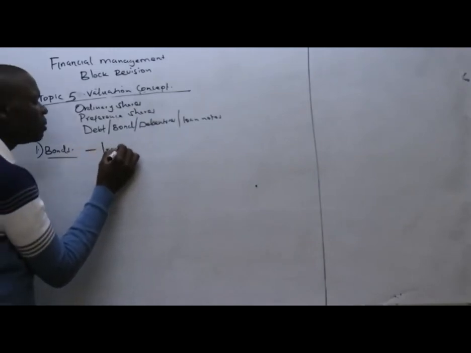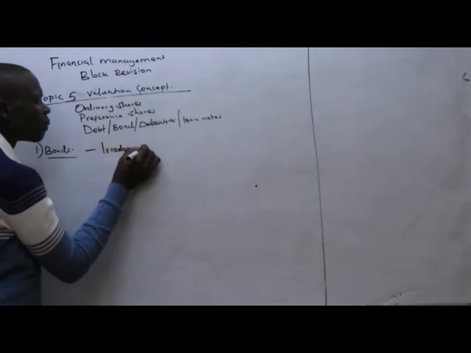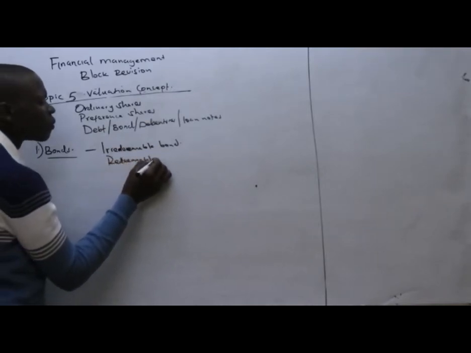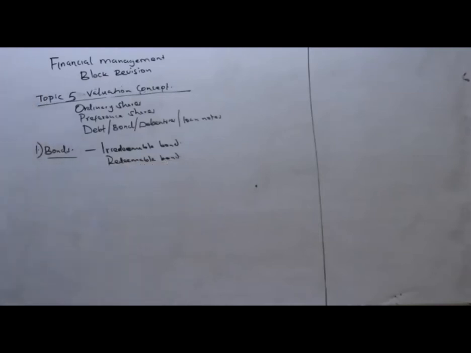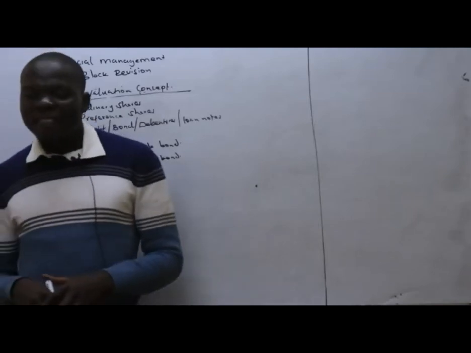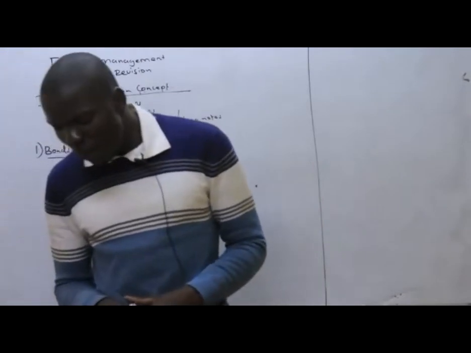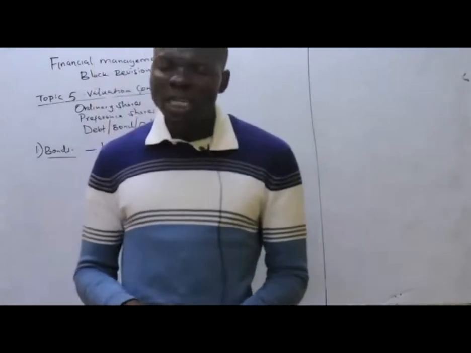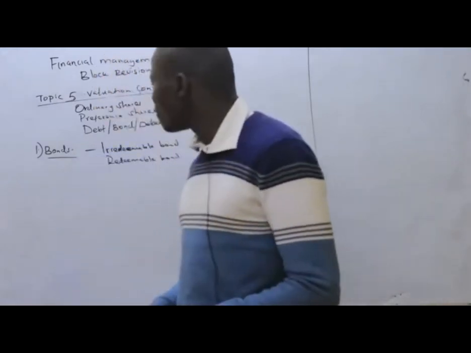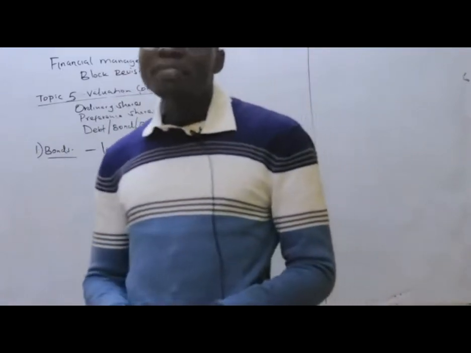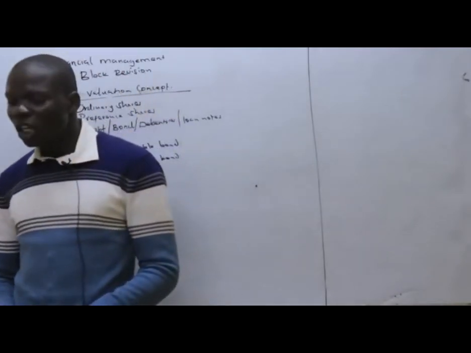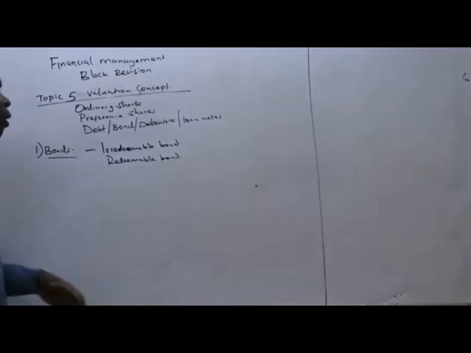We have an irredeemable bond and a redeemable bond. An irredeemable bond is a bond that has no maturity period. Therefore, the bondholder is not entitled to the principal amount unless the business is winding up or is under liquidation. He is only entitled to the interest payment up to infinity, while the redeemable bond